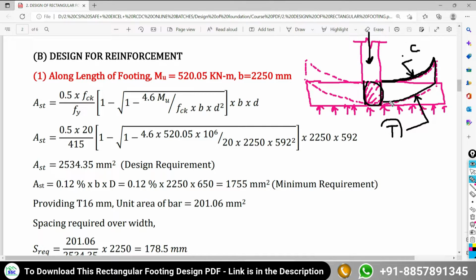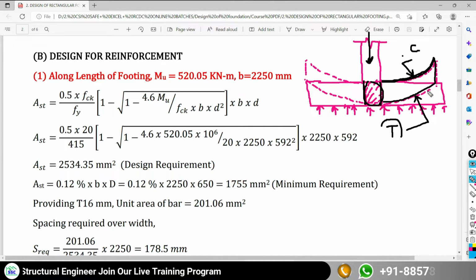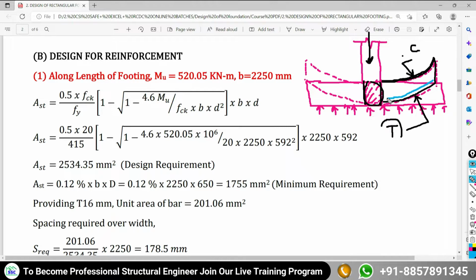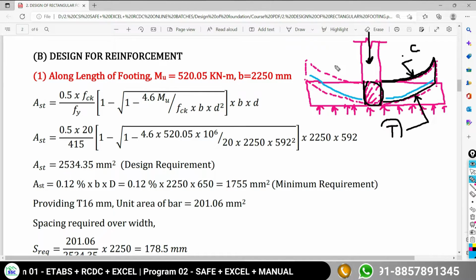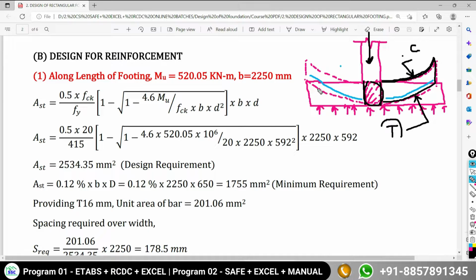The bottom face is under tensile stresses, so we are going to provide the reinforcement here at the bottom. Same thing for the left hand side, we need to provide the reinforcement at the bottom face. On the top face there is compression, that's why we don't need to provide the reinforcement on the top face. This is especially for your